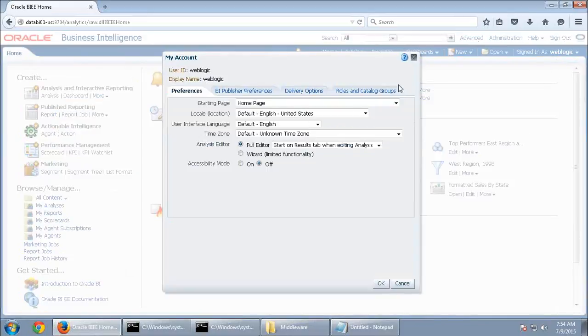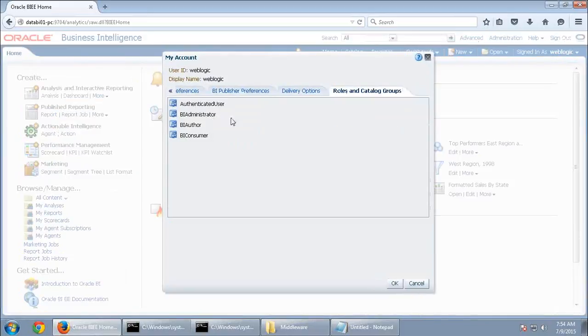And you can observe his roles clearly. BI Administrator is present here because this user is part of the application role BI Administrator, which is the highest privilege that can be given to anyone in OBIEE. Not many users will have it, only 1 or 2 administrators will be given this role.